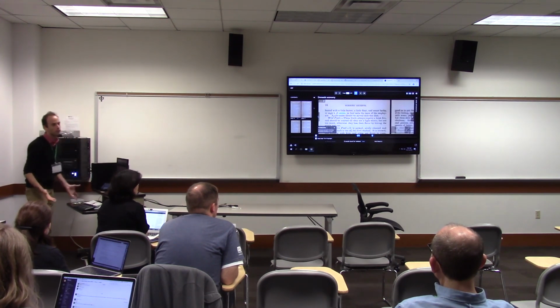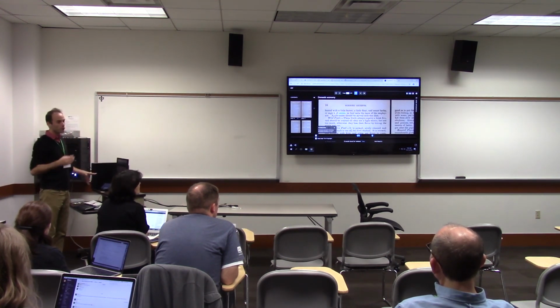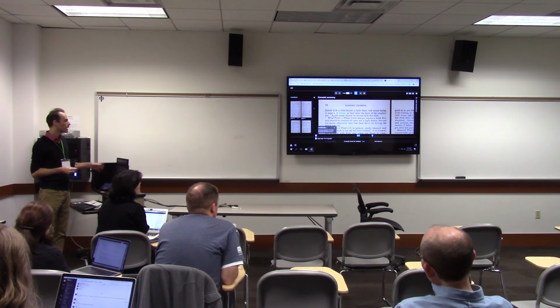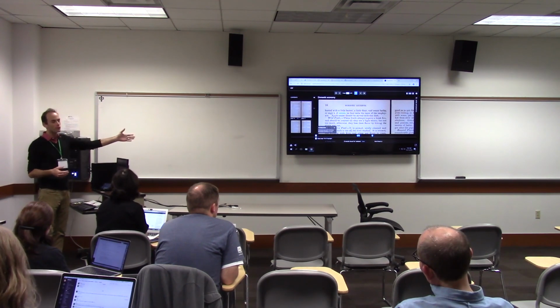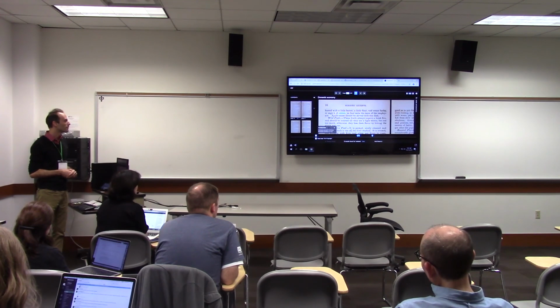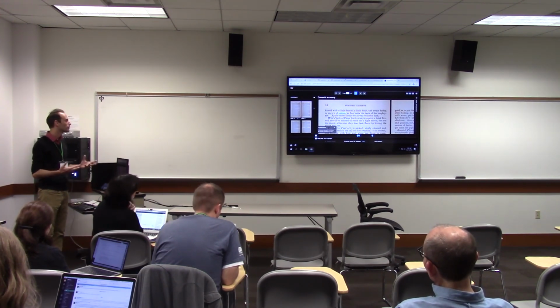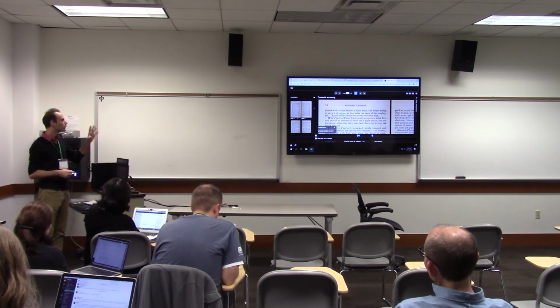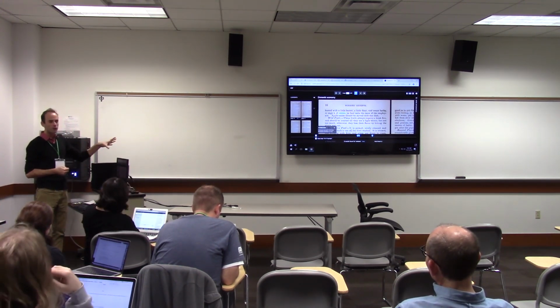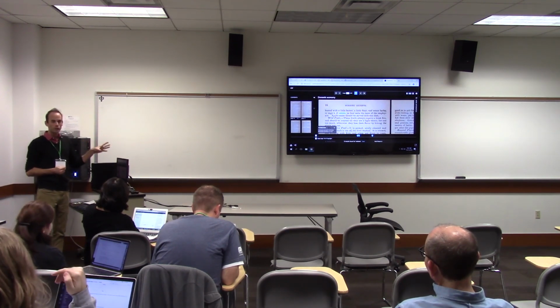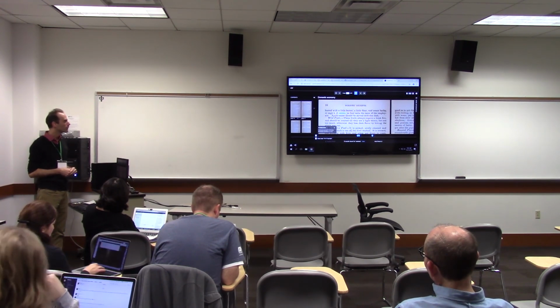So yeah, if you can get the IIIF search stuff working in your Blacklight-based application, then you can get this kind of functionality with basically no work on your own part, which is great. So that's the beauty of IIIF standards. So it definitely works with Universal Viewer. I don't know if Mirador has IIIF content search support yet. I know that some people have worked on it, but I don't think it's in the master yet, but I'm not sure. But anyway, that is